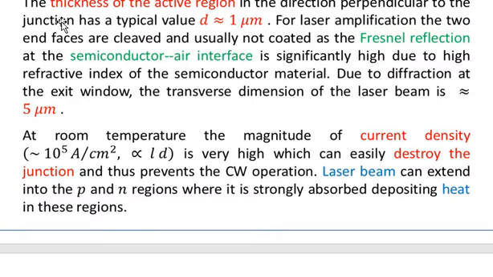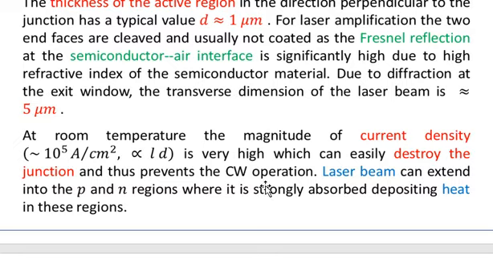For example, the junction has a typical value of D equal to 1 micron. So at room temperature the current density of the order of 10 to the power 5 ampere per centimeter square is very high, which can easily destroy the junction and thus